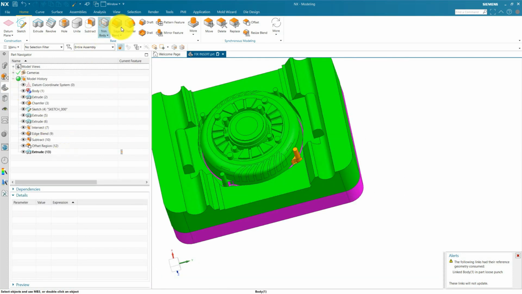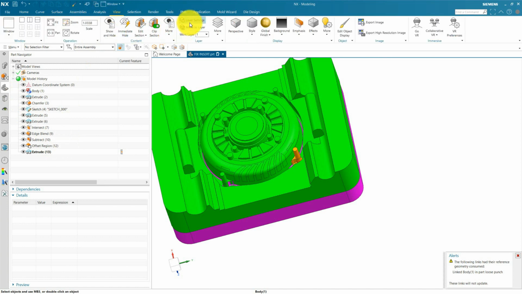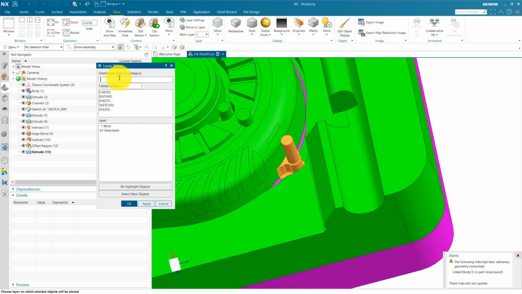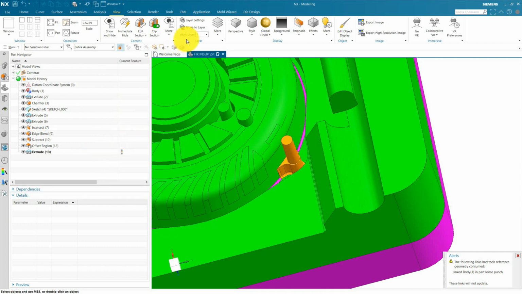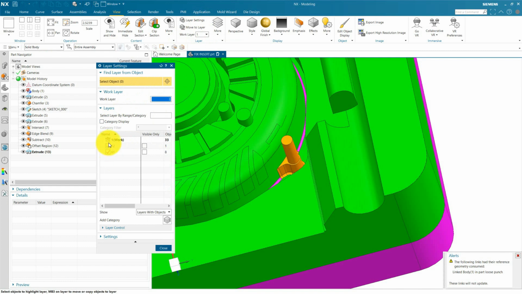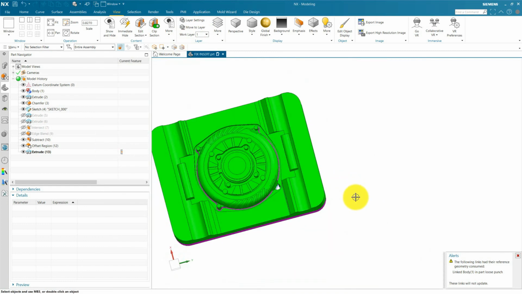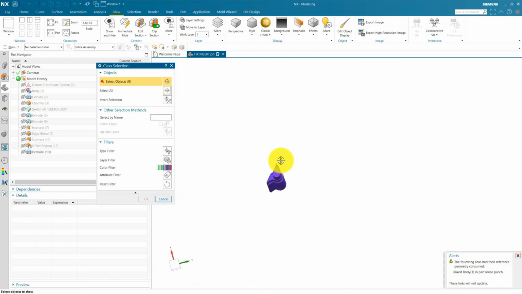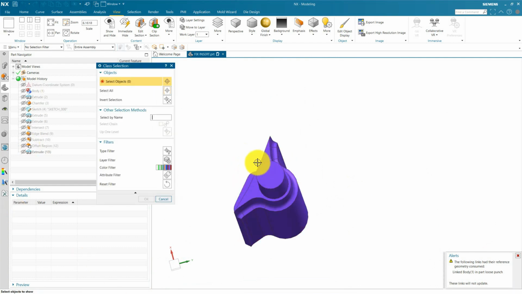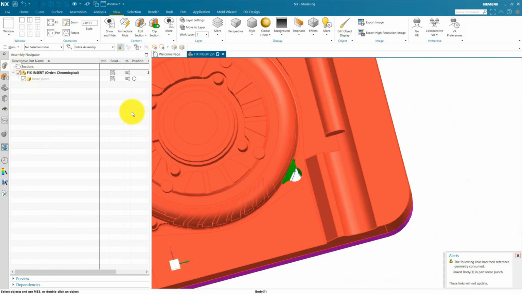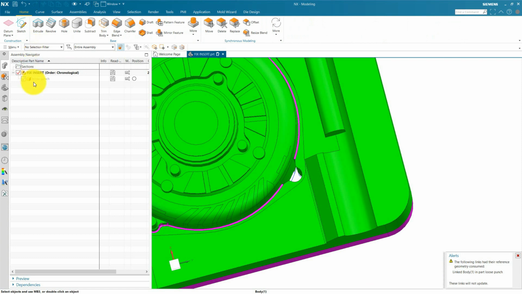So now we are going to use layer. For example, we are going to use move layer and select this object, press OK, and create a new layer, setting 12, and move to 12, and then go to layer setting and hide this layer. So you can use this method. When you use Control Shift K, it will show the loose punch part body, not showing the body available in our fixed insert. So you can use this method to clean up your assembly.